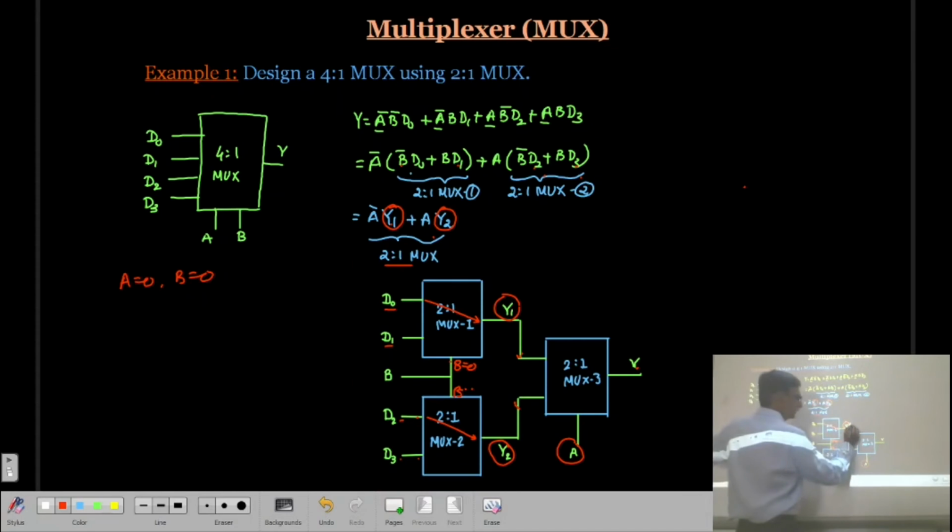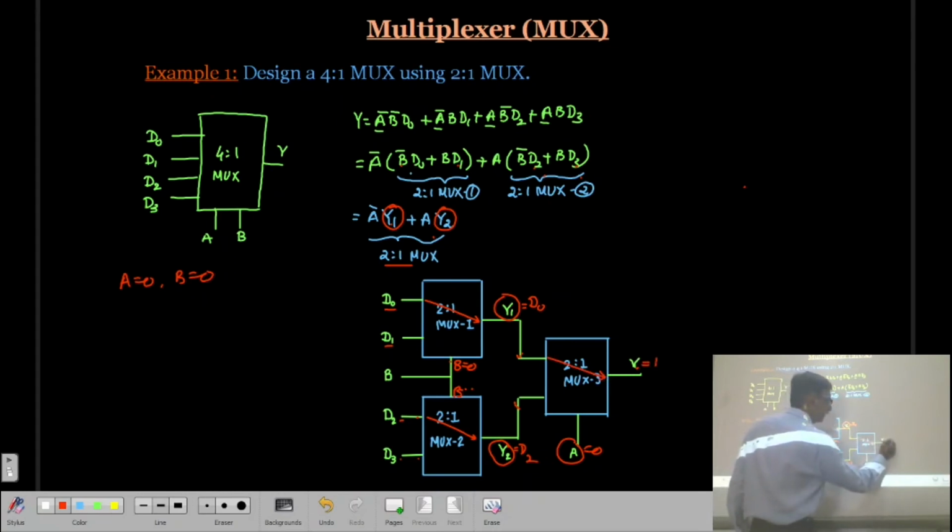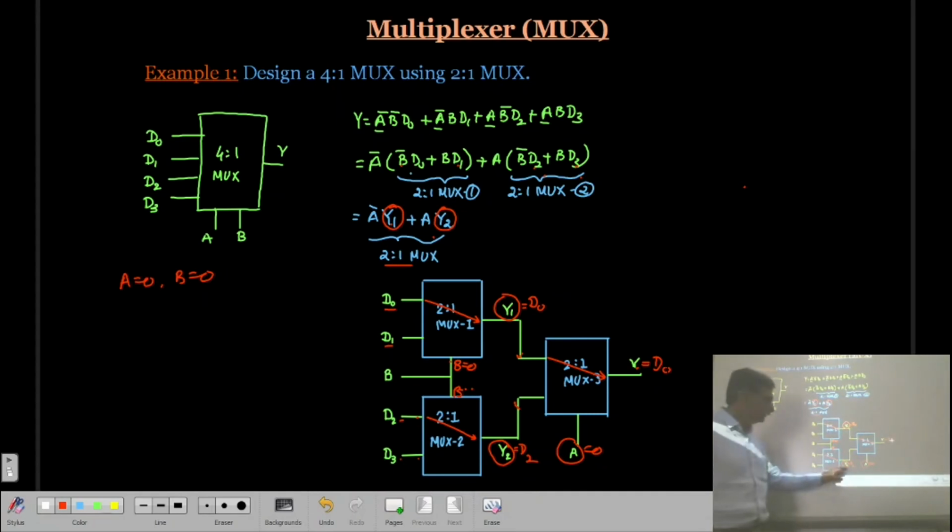So Y1 is equal to D0, Y2 is equal to D2. But what is A? A is equal to 0. When A is equal to 0, Y1 is going to be selected and therefore at the output you will get D0. Y2 is present, but Y2 is not selected, and therefore Y is equal to D0. So in this case Y will be equal to D0.